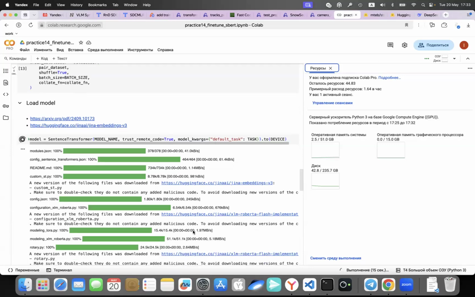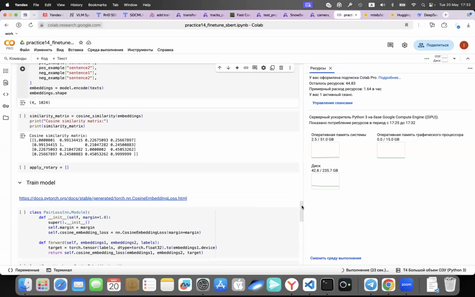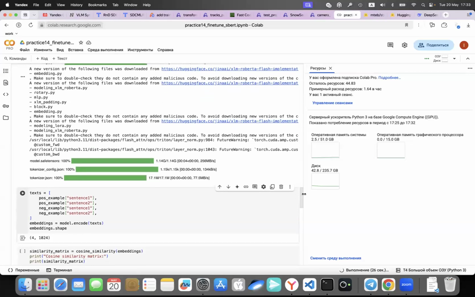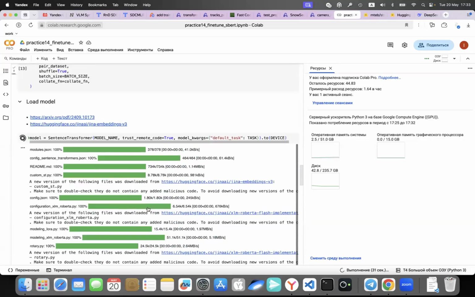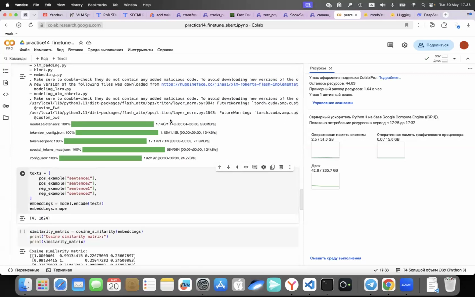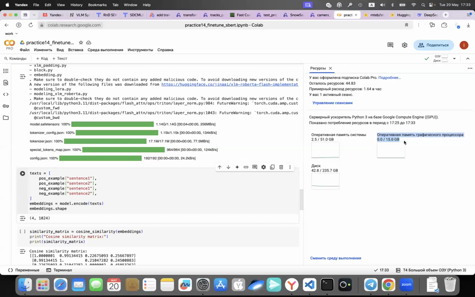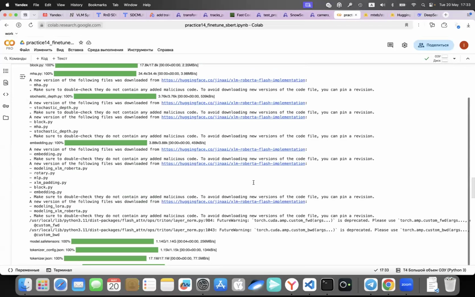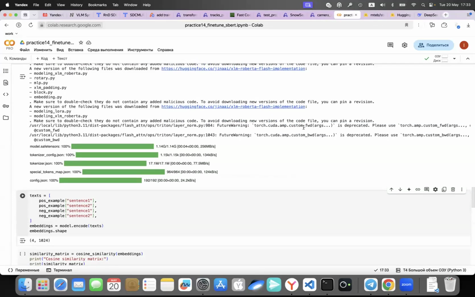It's strange to see 0 in the memory of the GPU, but okay, it's strange. Because I don't see